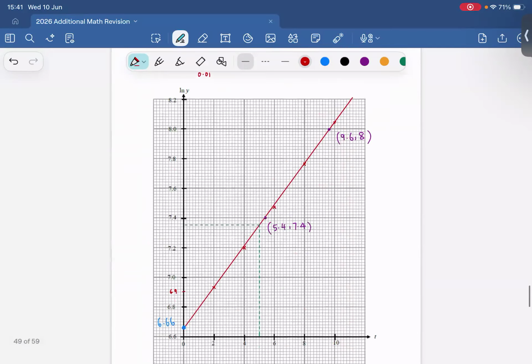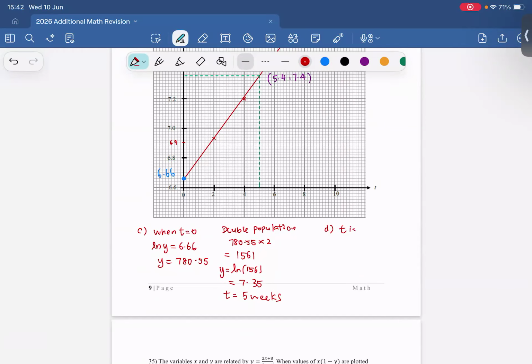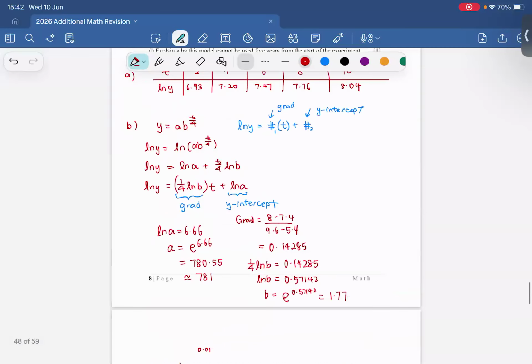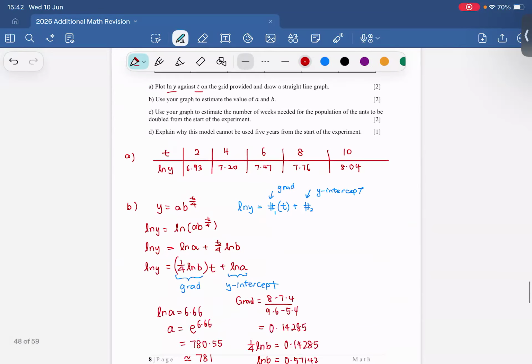Okay, so we must understand that the units of t is in weeks. So t is in weeks. So 5 years is equal to how many weeks? 1 year should have 52 weeks. Is 260 weeks. Then